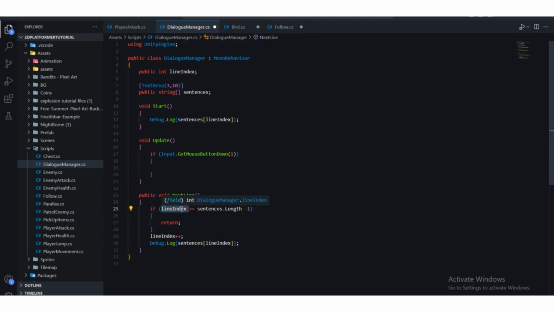Basically, the line index, as you know, when we press the second time, this will be 2. So we are checking if the line index is already 2, if it's greater than or equal to sentences dot length minus 1. Basically, how many sentences do we have? As we know, we have 3, so sentences dot length will be 3, and 3 minus 1 will be 2. So the line index over here is 2, and if it's 2 or greater than or equal to 2,